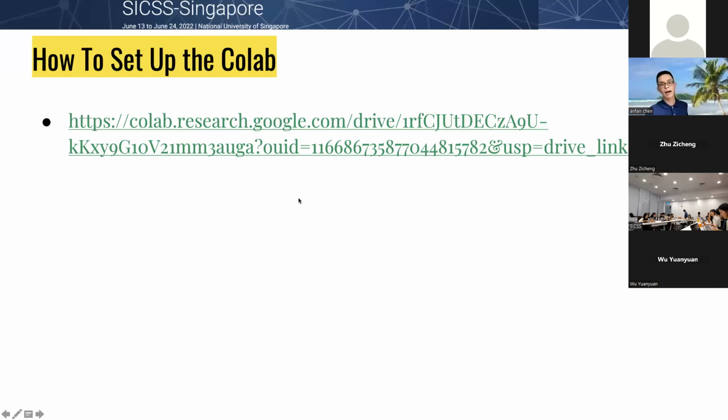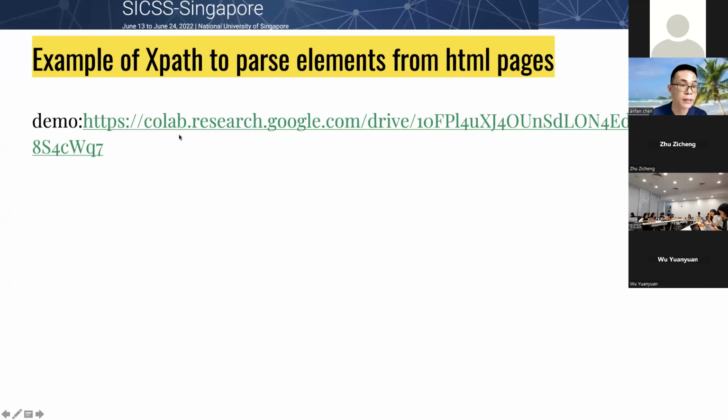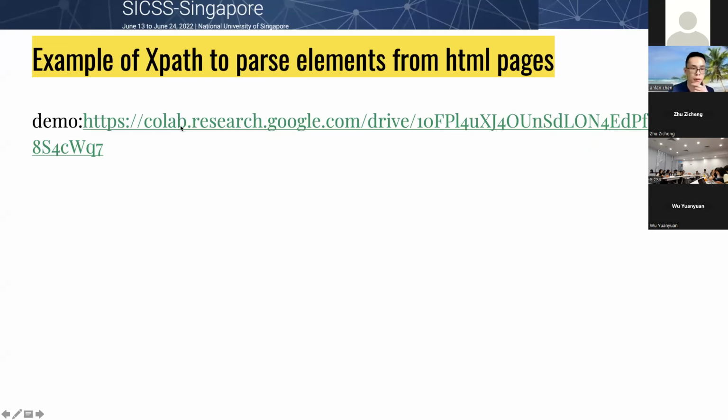And once you have set up the Colab, here I would like to provide some examples using XPath to parse elements from HTML pages.